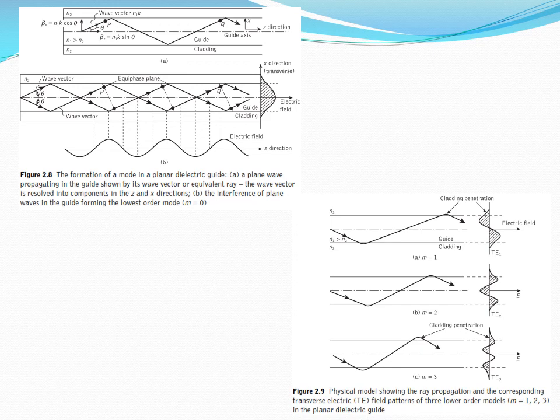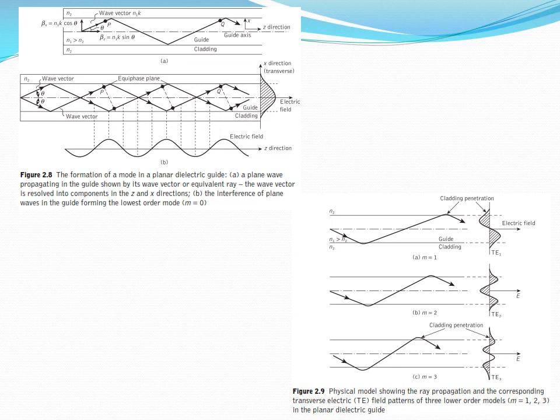This is the horizontal component. This is the vertical component. So sine and cos. This is how the reflection of the optical rays takes place in a fiber, and this is the electric field formed in an optical fiber. These are the guided modes in an optical fiber, based on the number of reflections which take part in the optical fiber core.